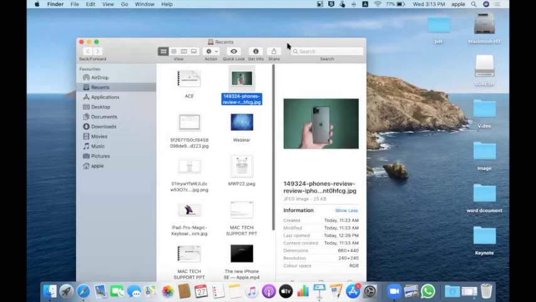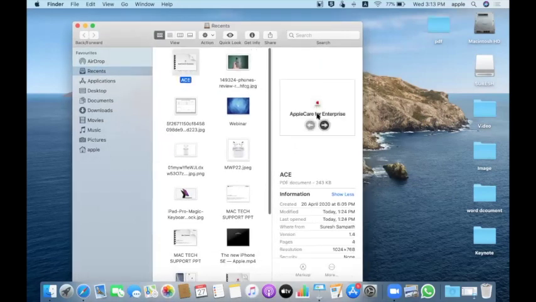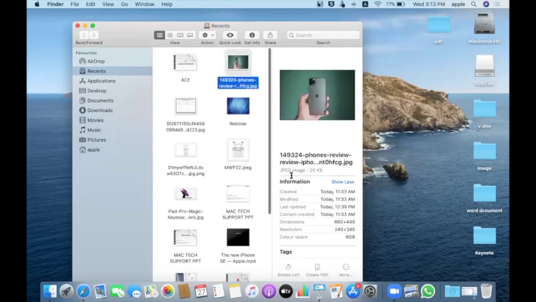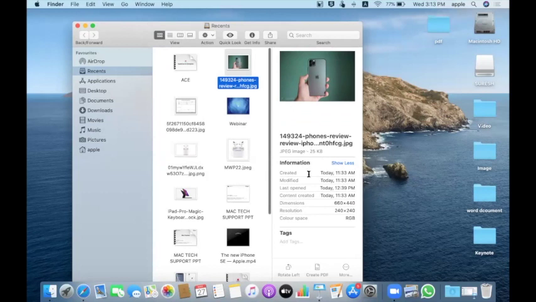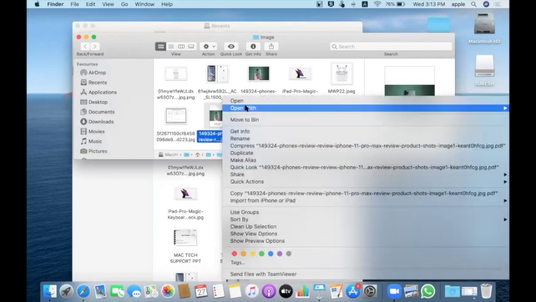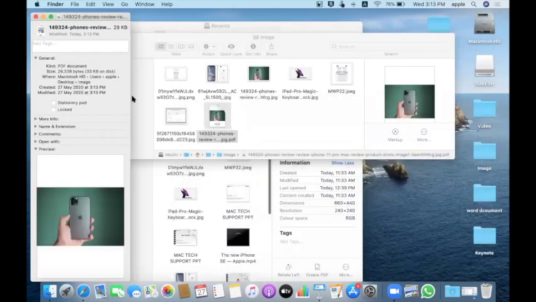The advantage is that without opening the file, you can have a preview of it. Here, this is a PDF document, so I can scroll it and preview it. Apart from that, I have an image file. If I want to convert this image file, I get an option called Create PDF. I can directly click Create PDF, and that image is converted to a PDF without any additional converter. You can see.